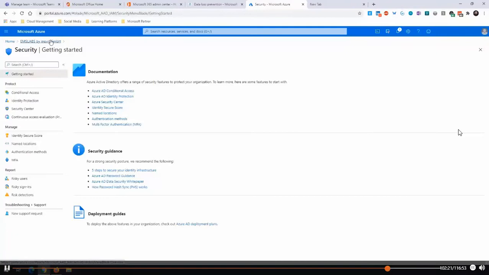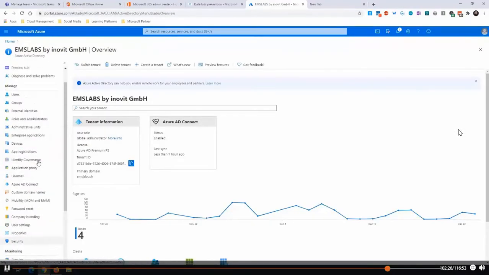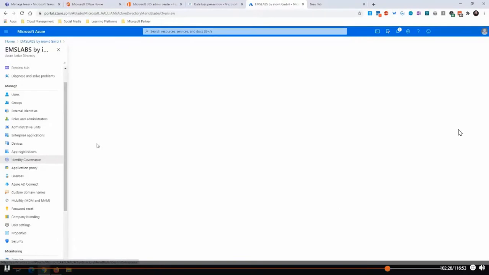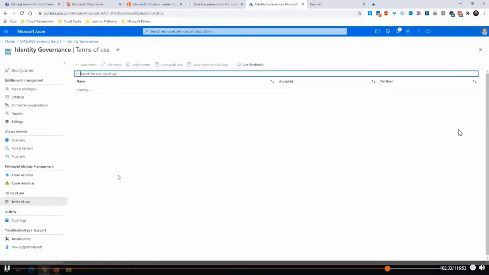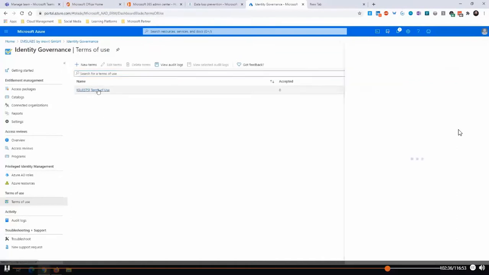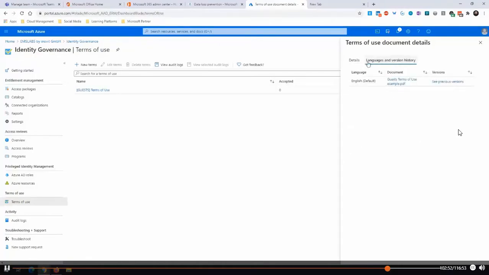We find it specifically in the section of the identity governance topics. So let's directly jump in. And we see here these terms of use that I have already configured for this scenario. We see the different languages, how it's required. It specifically requires users to expand the terms of use to read it. It's valid for 365 days, and it's provided in these specific languages as a default.